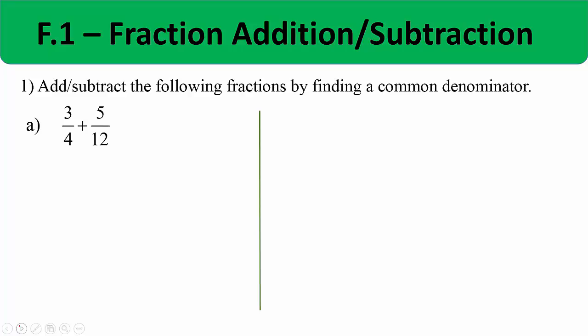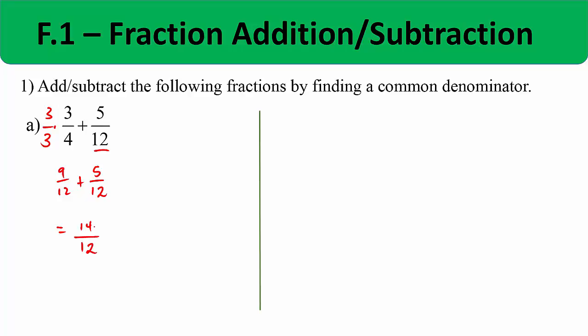So let's now do this example. We want to make our denominator 4 the same as this denominator, 12. So we multiply the top and the bottom by 3, which is what we showed on the previous slide. And we end up getting 9/12 plus 5/12. If we add 9/12 and 5/12, we end up with